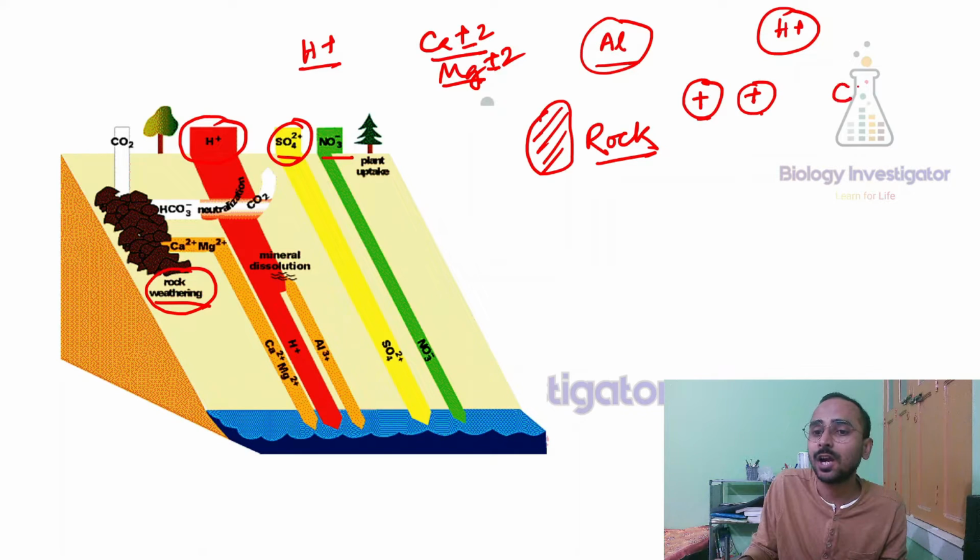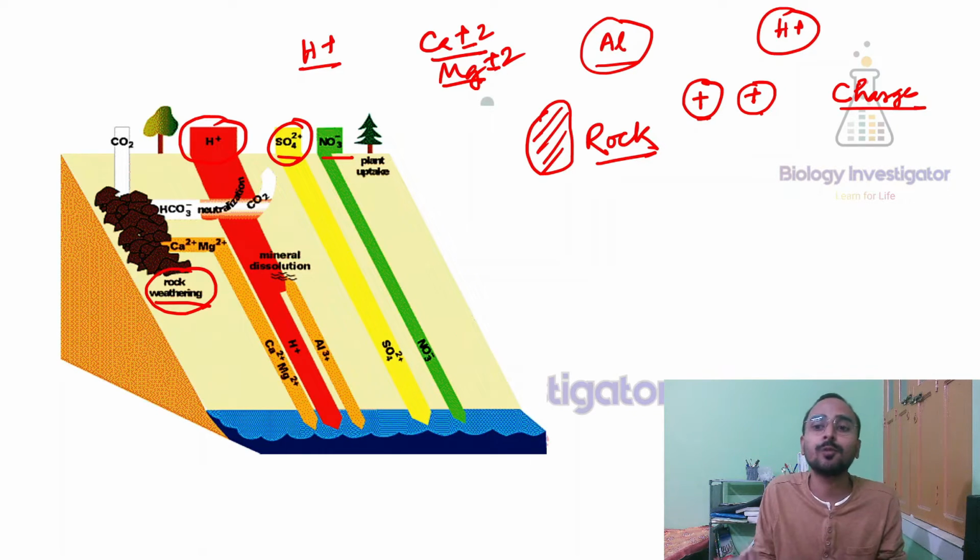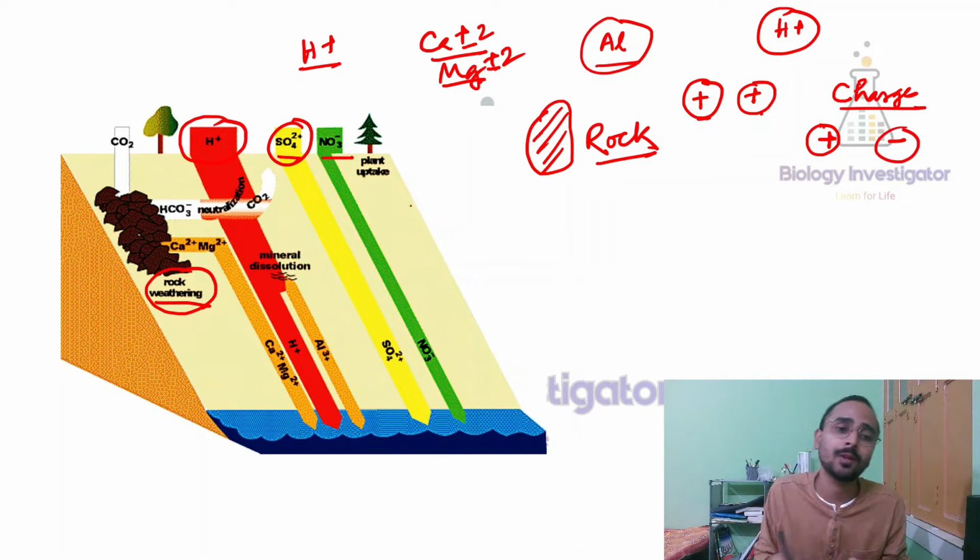This plus is charge. Okay, so charge can be of two types, plus and minus. চার্জ দু রকমের হতে পারে, প্লাস এবং মাইনাস, পজিটিভ এবং নেগেটিভ। প্লাস মানে পজিটিভ আর মাইনাস মানে নেগেটিভ। তো এই যে ক্যালসিয়াম, ম্যাগনেসিয়াম, Ca মানে ক্যালসিয়াম, Mg মানে ম্যাগনেসিয়াম।